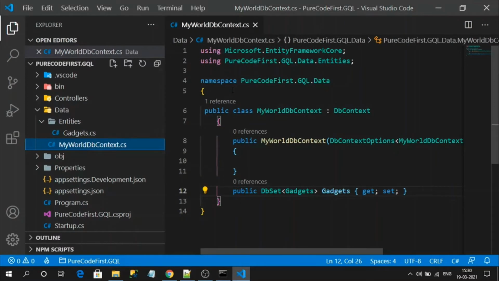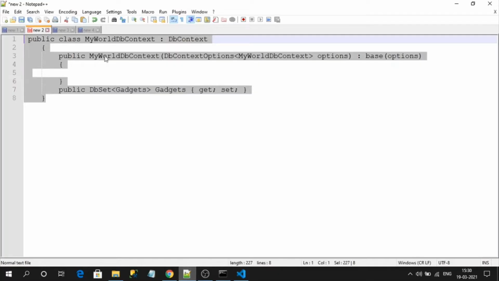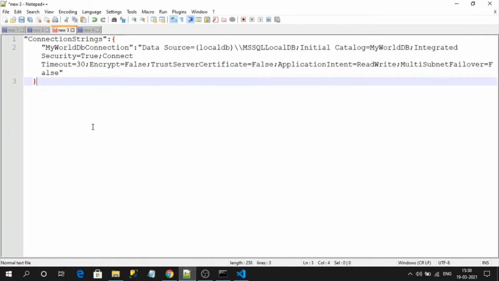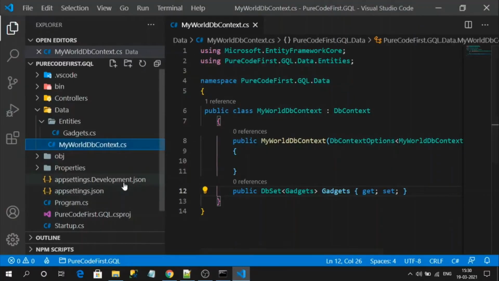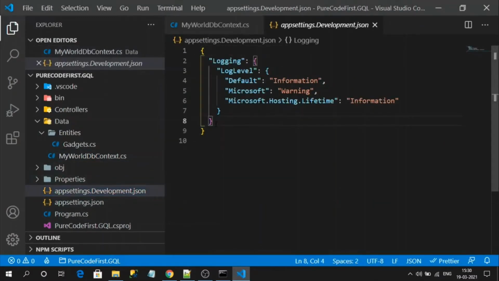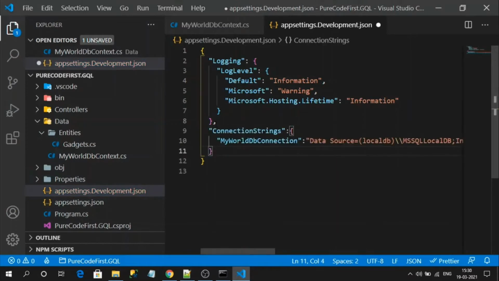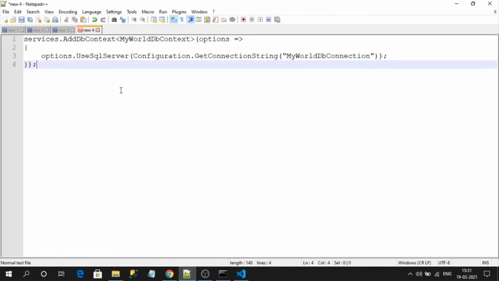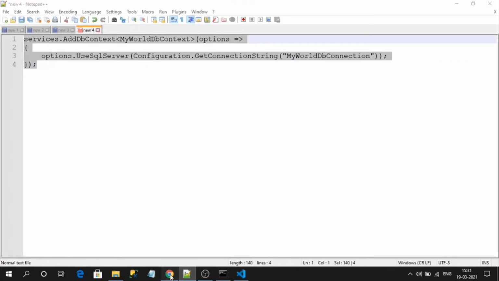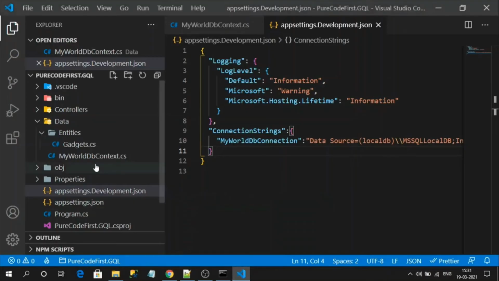Next thing is I want to configure a connection string to my database. I have a connection string JSON object, so in the appsettings file, after the logging object, I will paste it here. The final step remaining is I need to register my database context in the startup. I have already created that, so let me copy it into the startup.